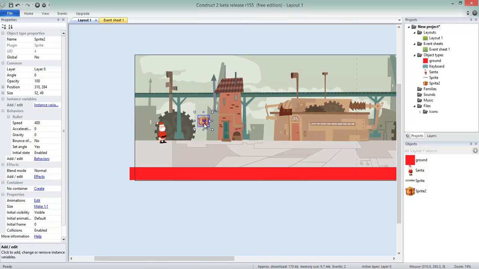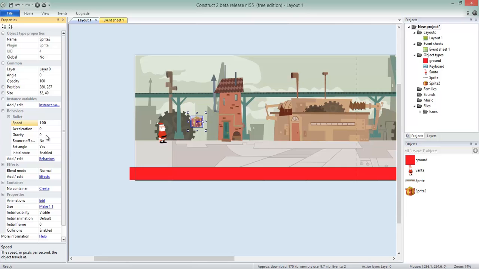What we really want is to have gravity and to make our gift bounce. Fortunately, we can modify the behavior here to have that. So the first thing that I want to do is to change, on the properties of the gift, the speed. I think that's too much right now, so I'm going to put just 100. The second thing that I want to do is to change gravity. So right now we don't have any gravity, so we want that. So let me say gravity, I don't know, 300. It's a value. You can try different values to see which one